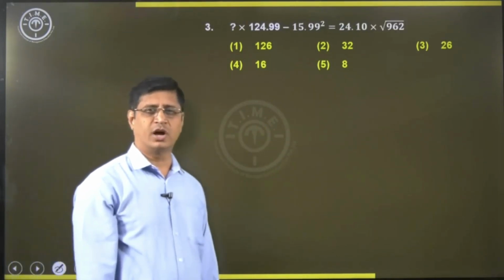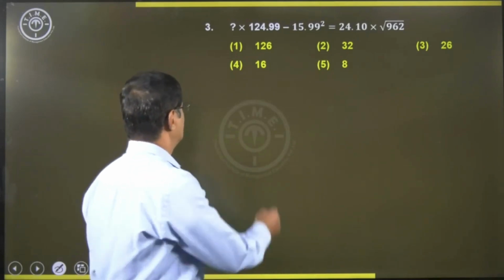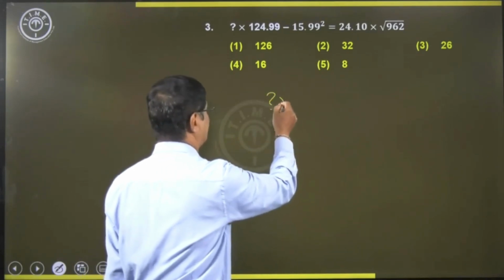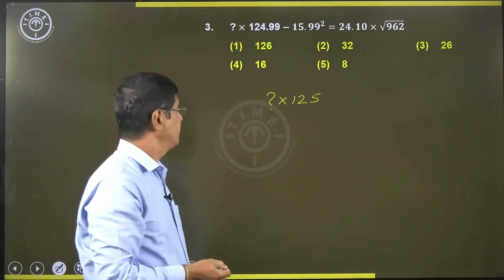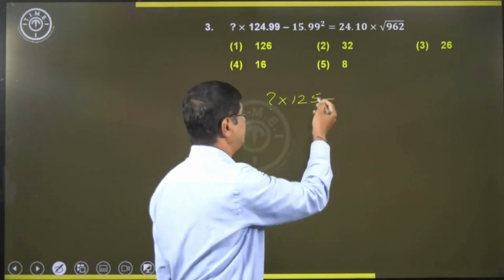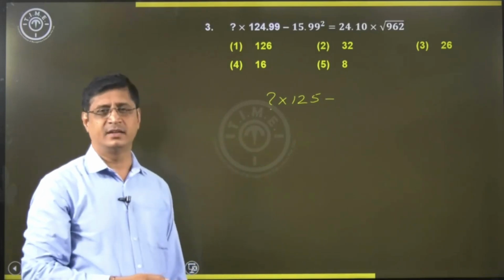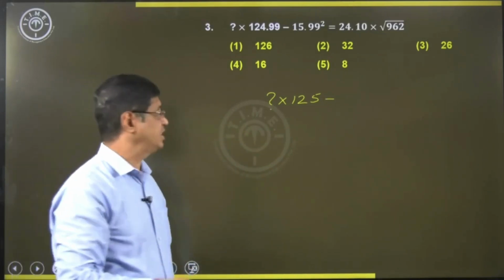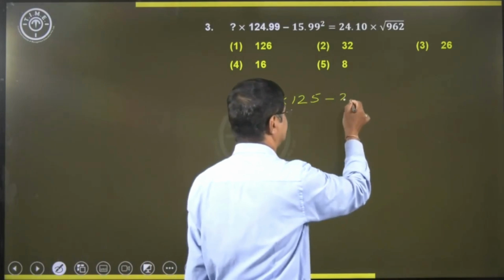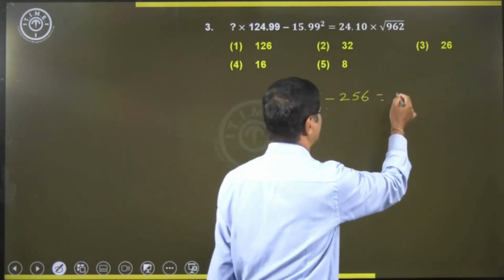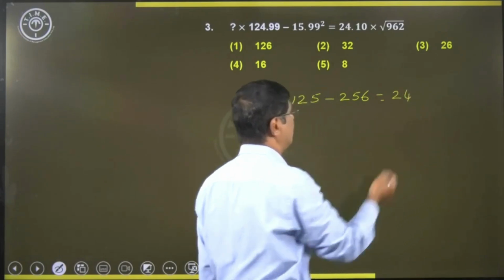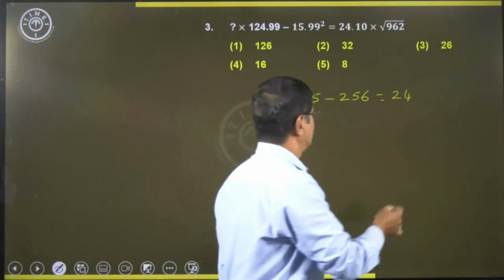Option number 5, fifth choice is the correct answer. Look at the next question on your screen. Question mark into 124.99, approximately 125, minus 15.99, approximately 16. 16 square is equal to 256, equal to 24.10, approximately 24, into